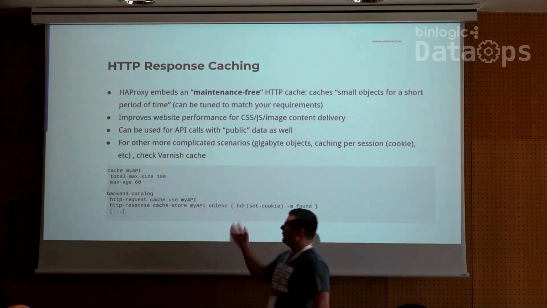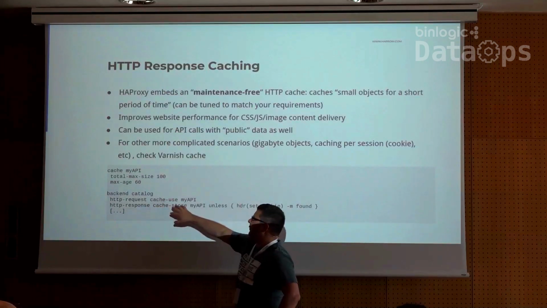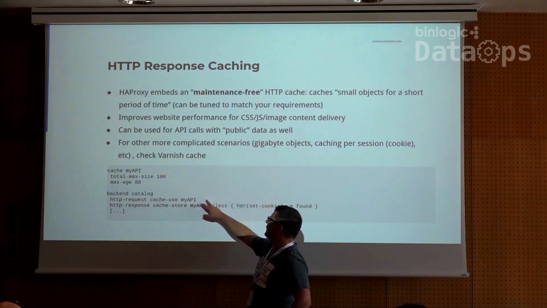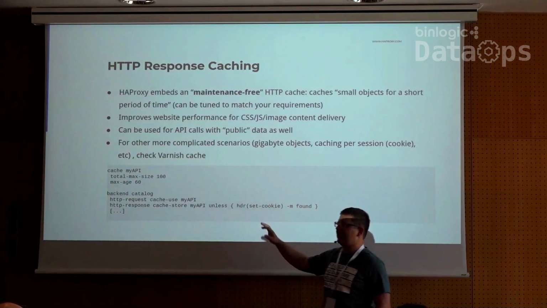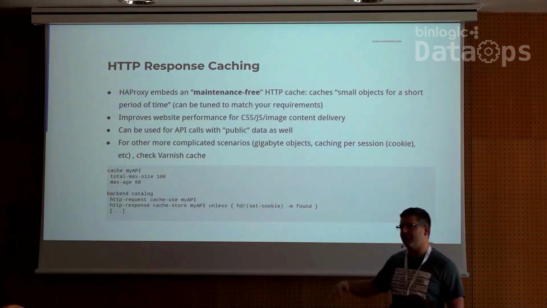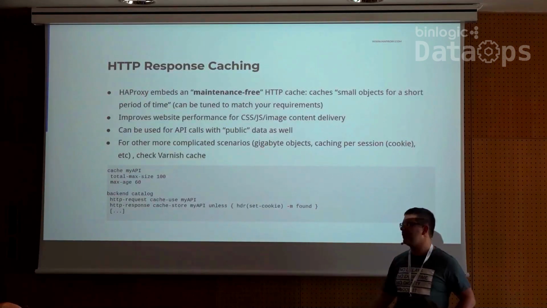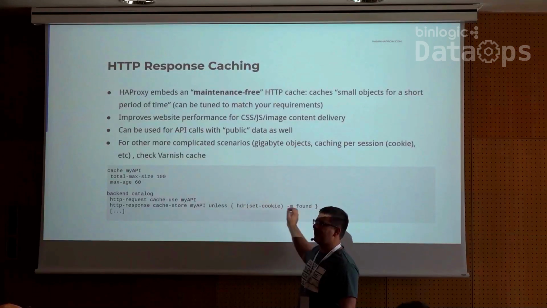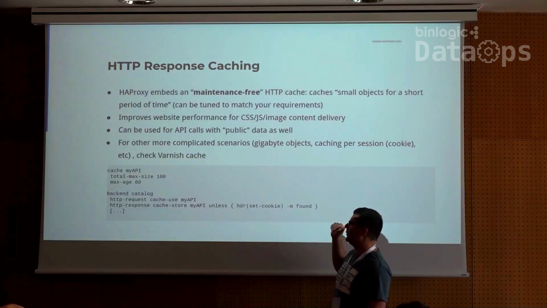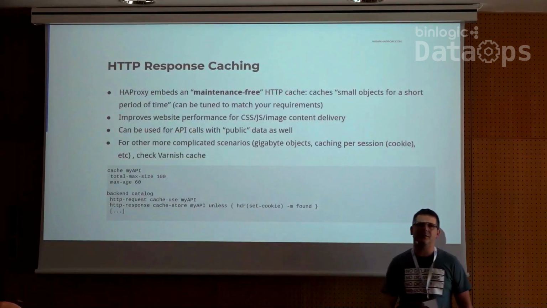So in HAProxy, as we've seen earlier, we have some HTTP rules. So you have a new set of keywords. And the advantage is that you can use ACLs and conditions based on that. So you can enforce caching or prevent caching for some objects. In that case, I say it's not supposed to be done, but it was just to highlight it. If there is a set cookie sent by the server, I don't want to store the object in the cache.